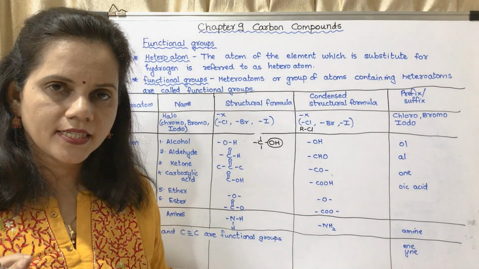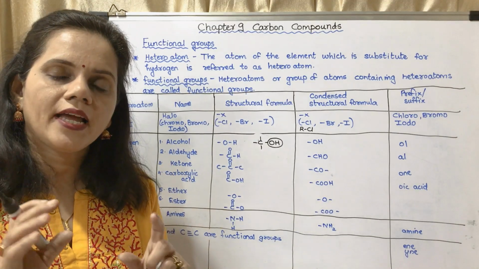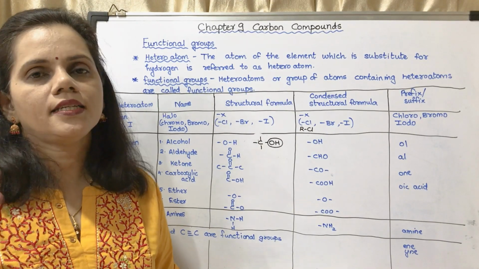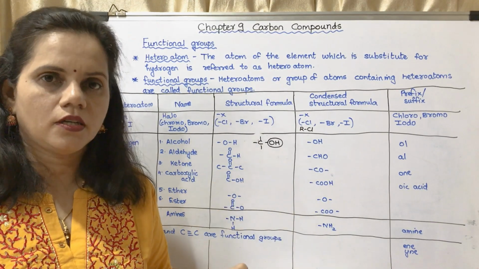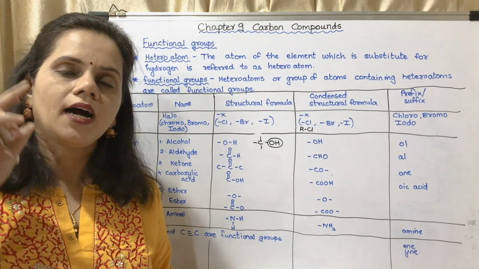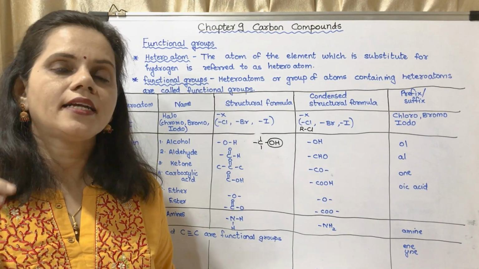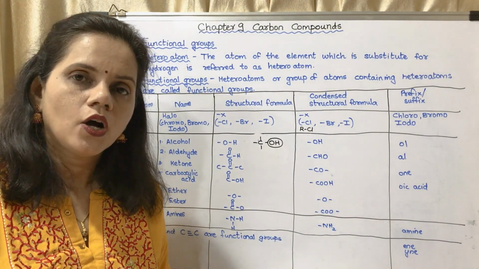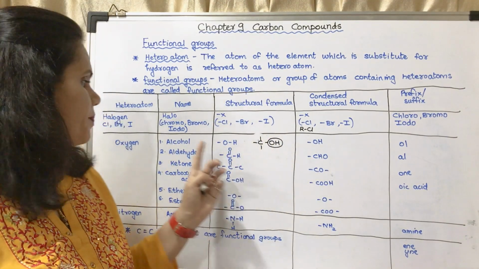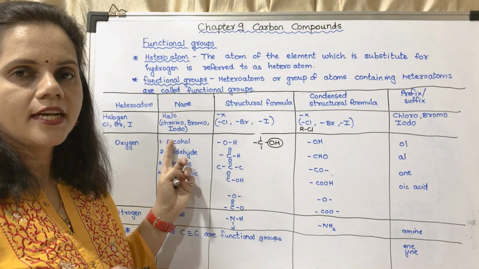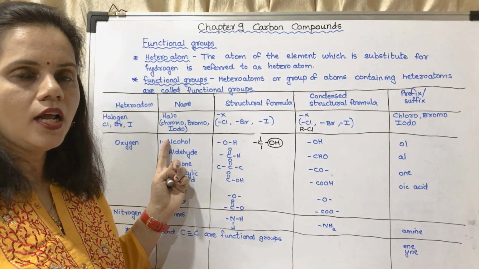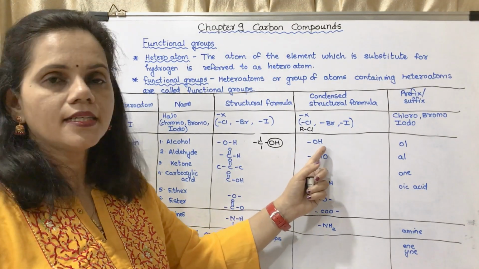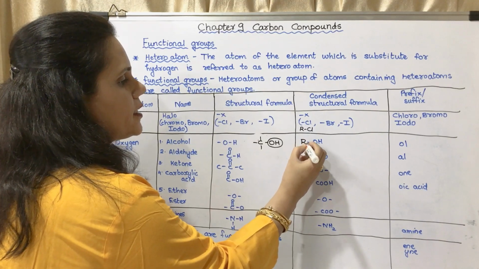When we had studied the structure, I had shown you that there are 4 lines which have to be drawn around the C. Out of those, one C is connected with another C on at least one side, and on the other 2 where the H is there, that H could be substituted with OH. That OH is the functional group. What is the name of the functional group? It is an alcohol. Alcohol is the common name which is given. The functional group is OH. It is written as ROH.